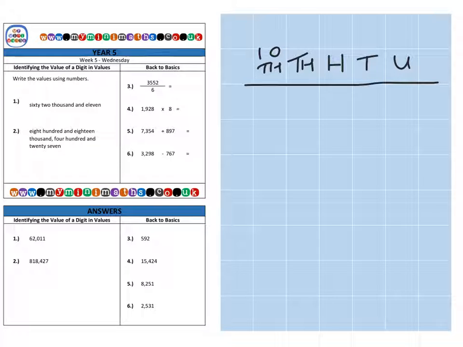And whenever we have a large number or a number written out in words, it's really important to look at what I call the family of thousands. So we're going to have a look at how many thousands we have written in question 1, and you can clearly see that that's 62. So we'll look at our thousands here. This is our thousands family here, and we have 62, so we're going to place 62. There's our 62 thousands. We have our single thousands here, and we have our 10,000s here,